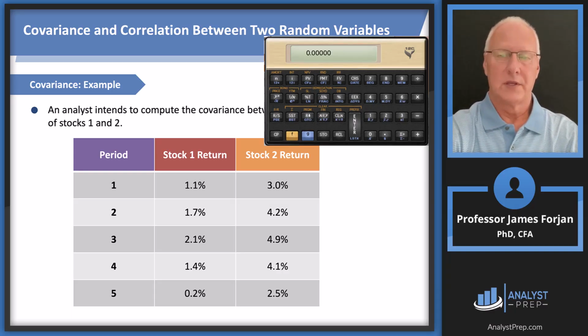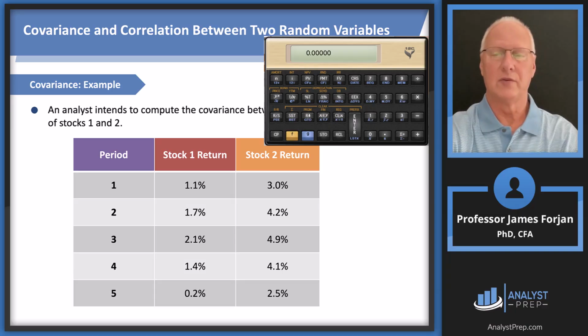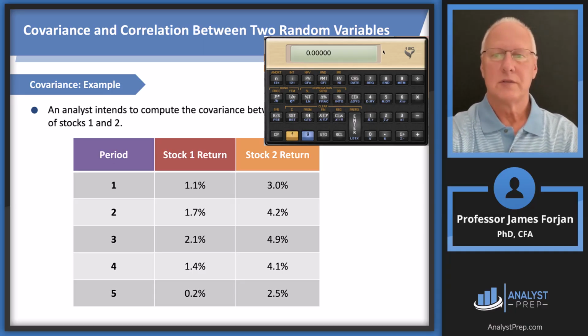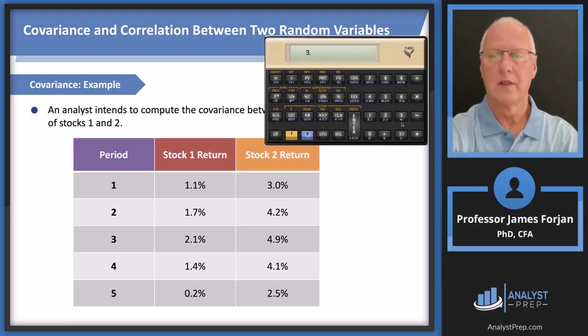Now, in order to calculate means and standard deviations, we're going to need this enter button and the sigma plus button. So my advice is always to do a clear sigma, and then clear the register there. So you ready? Let's do stock 1. So we're going to do 1.1 enter, 3 sigma plus. And it tells us that's our first entry of both. So we're just going to repeat that. We're going to do 1.7 enter, 4.2 sigma plus,